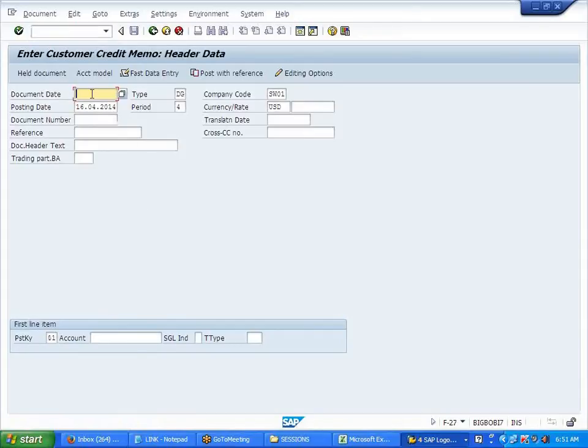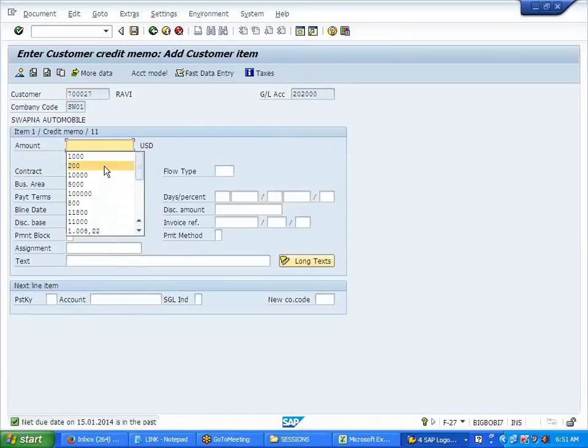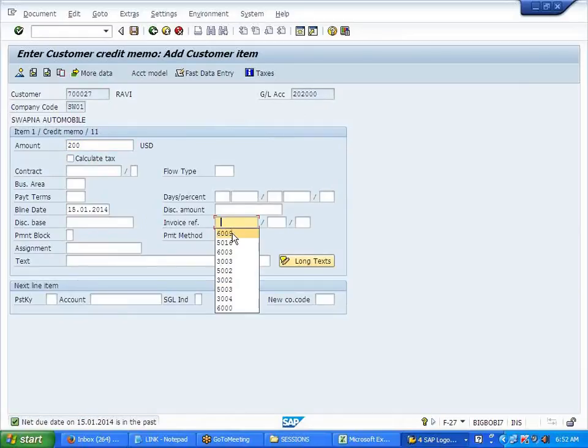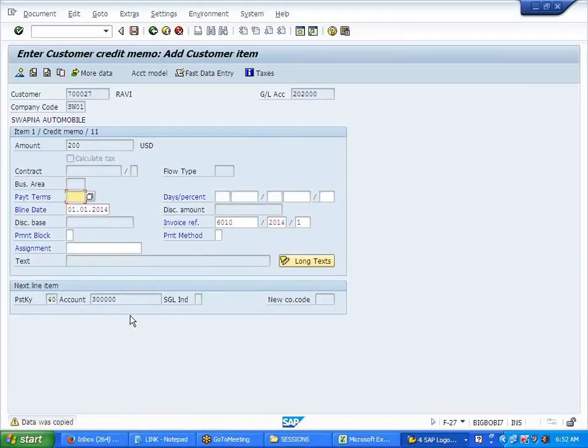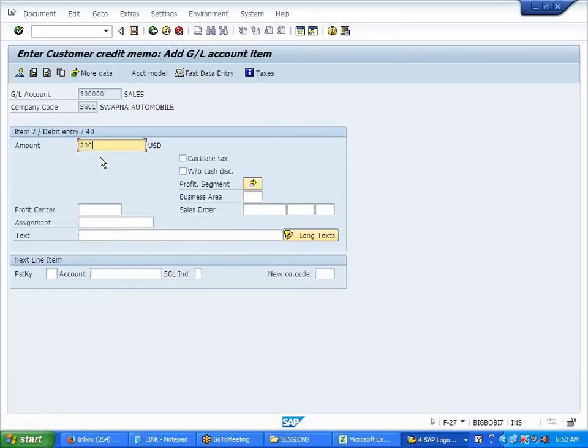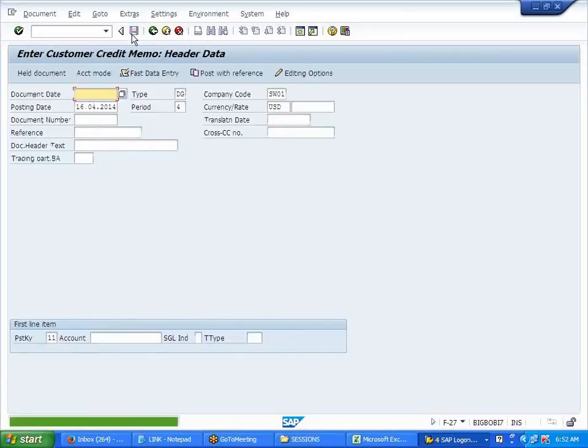I'm raising a credit memo. Let's say 15/01/2014, 15/01/2014, 727, for 200, for document number 10. This will be 40, 3 series, enter, save. /NFD02.